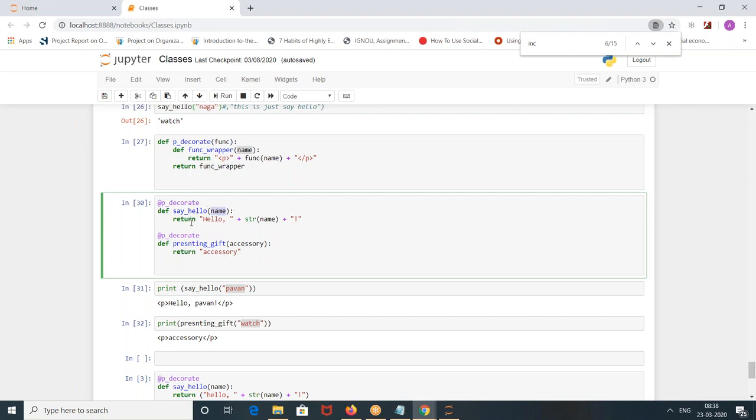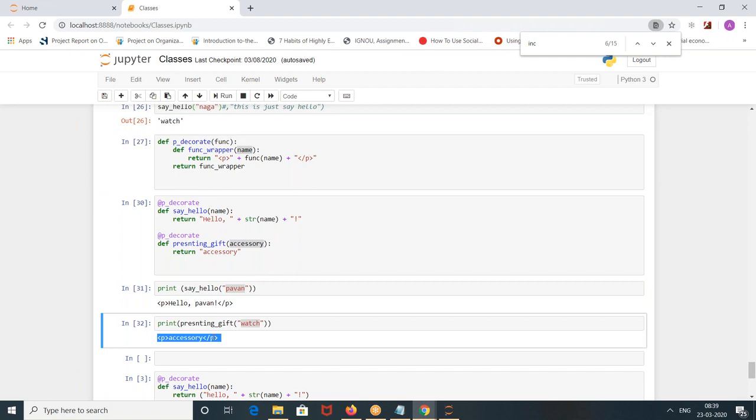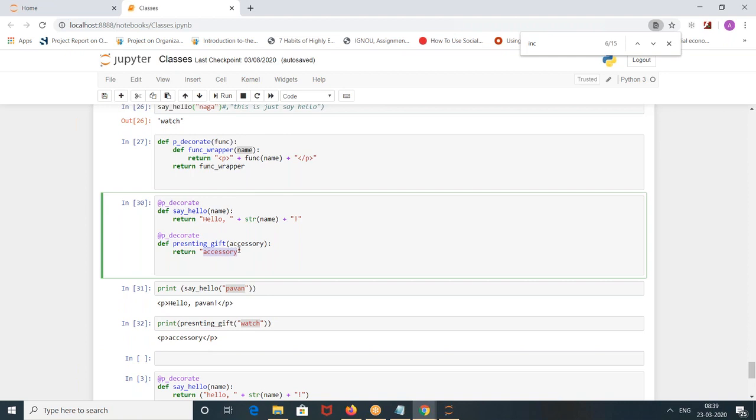I told you, right? This wrapping for hello, it doesn't make sense. I told you that while running. But I told you when you pass a string and you want to put a decorator, yes, you can do it. My point was that. But this is a more relevant example. See, I'm giving this accessory. This accessory is a string. It will go sit here. So automatically it will come as accessory with a decorator. Okay. I got the hard code accessory because I wrote it as an accessory here. Sorry, yeah.